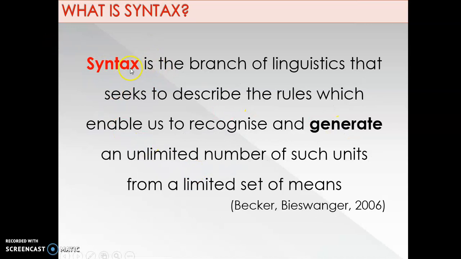Another definition states that syntax is the branch of linguistics that seeks to describe the rules. Again, have a look here at some keywords, like the rules which enable us to recognize and generate an unlimited number of such units from a limited set